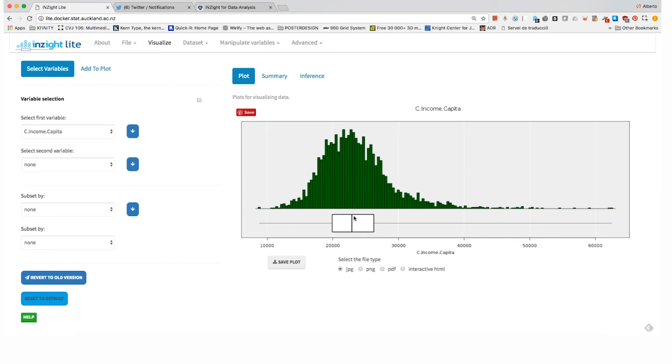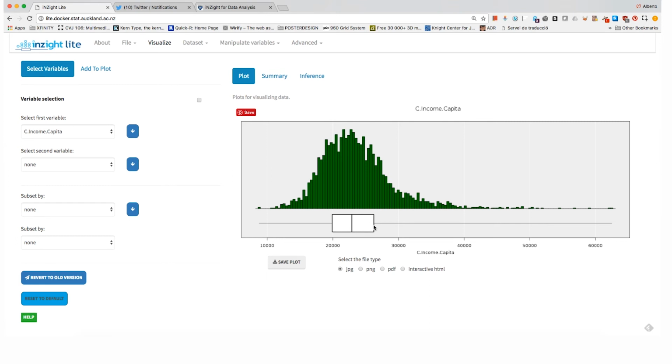So you can immediately see that, again, the distribution is skewed, because this half of the box plot is much longer than this other half, even if we have half of the counties down here and the other half over here. This, again, is a good sign. If we only saw the box and whisker plot, this would be a good sign of a very skewed distribution. If the box were in the middle, that would mean that we have half on one side, half on the other side. It would be a non-skewed distribution.